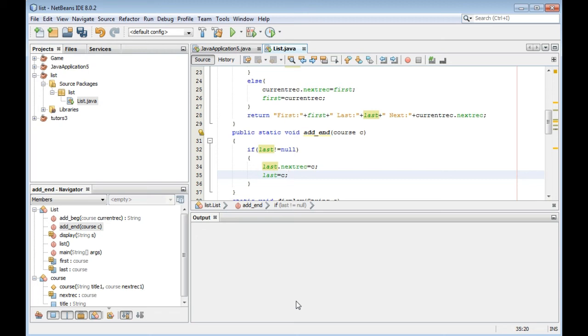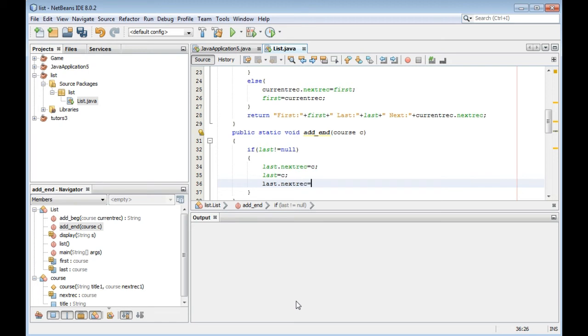Address of previous record: previous last's next will have the address of C, and C is the last. Now current C is the last record, and we should also set last.next to null.